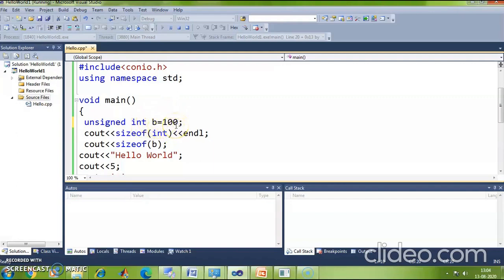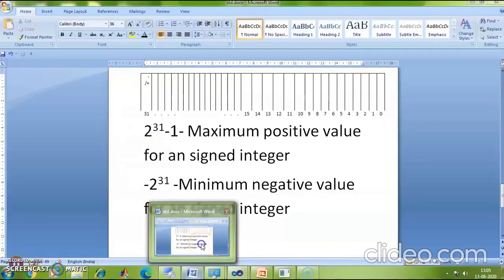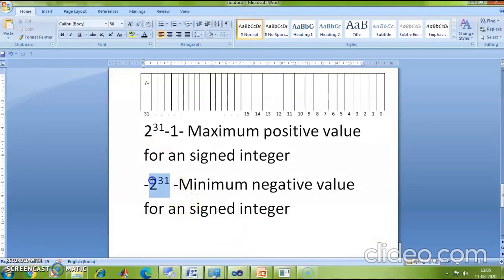What is the maximum positive value that this variable b can hold? The maximum positive value is 2 raised to 32. Why is it 2 raised to 32? That's because I do not have to store this extra sign bit. With a signed integer, I need to reserve one bit for the sign, either positive or negative.